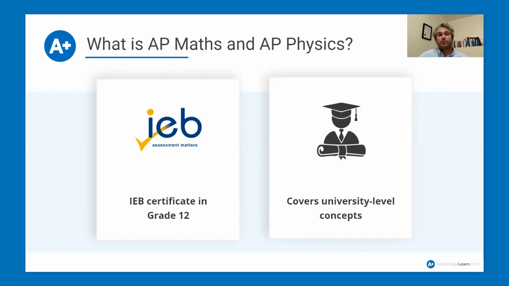So it's Advanced Program Mathematics and Advanced Program Physics. Many parents here this evening, myself included, will remember this under the name additional maths, or add maths. When I was back at school, this was called add maths. It was part of the National Senior Certificate, and it was an additional subject that you could do.